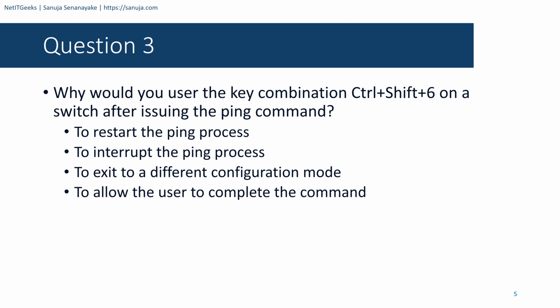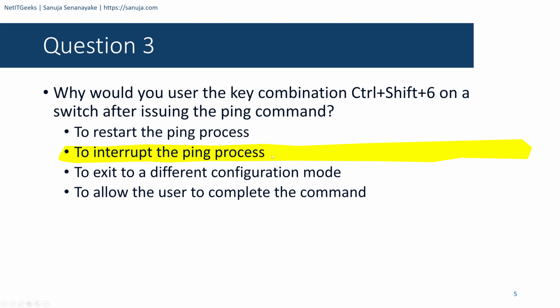What Cisco is trying to ask here is that you have done a lot of labs in your Module 1 to 3 section. So during those labs, why would you use CTRL Shift 6? At what point? What is the reason for it? If you look at the answers, you will remember, if you have done your labs, that CTRL Shift 6 is typically used to interrupt something. So the answer to this question, if you look at all of these options, has to be